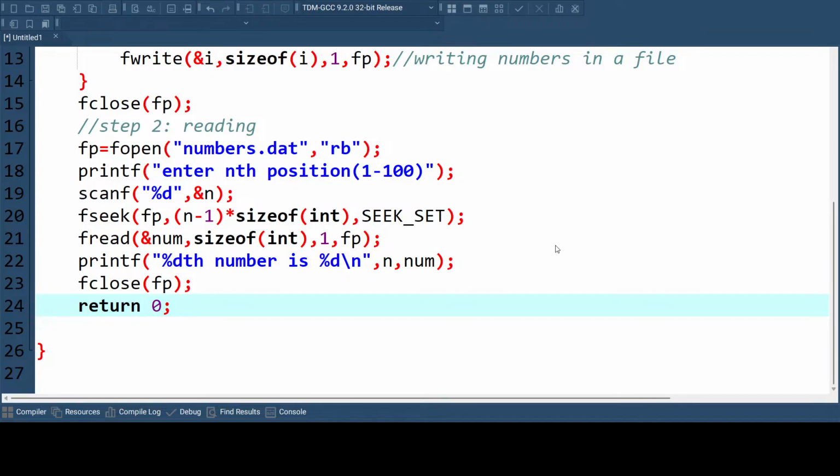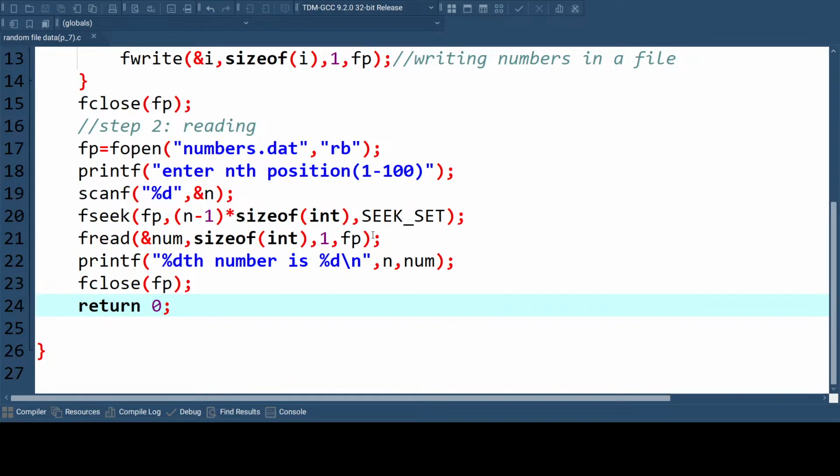Going to save it. Okay, 7 number here. .c